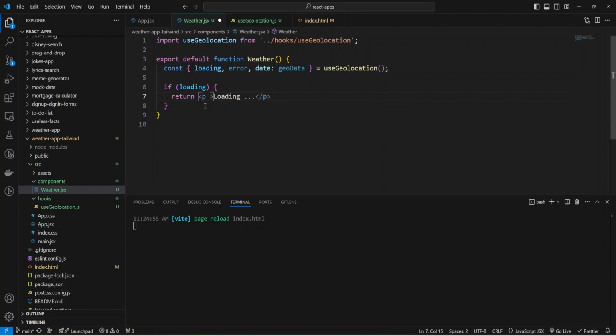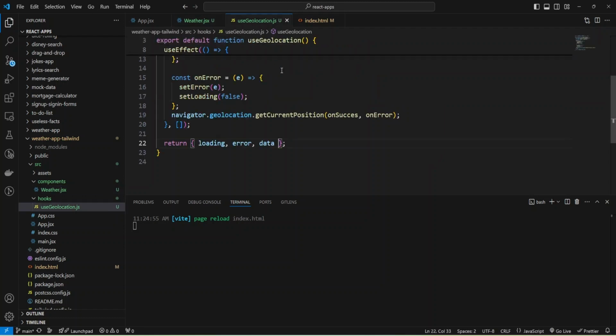And let's add some classes. Class name, we added Tailwind, and we can use Tailwind classes, and I'm going to make the text blue 500, and also you can add these classes to change the font and make the font semi-bold.